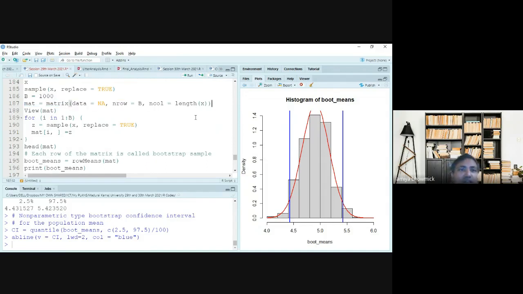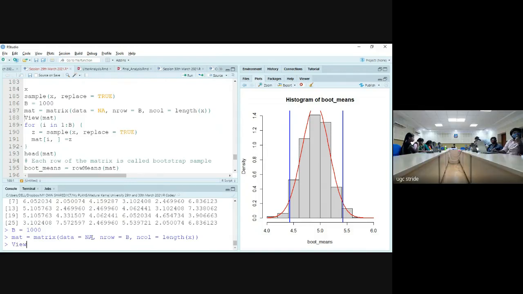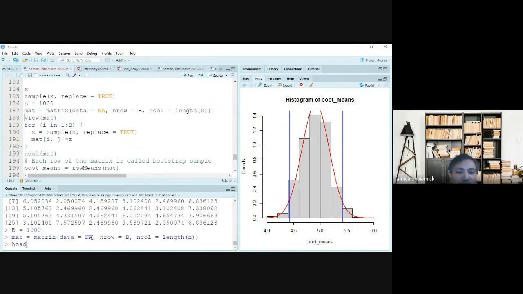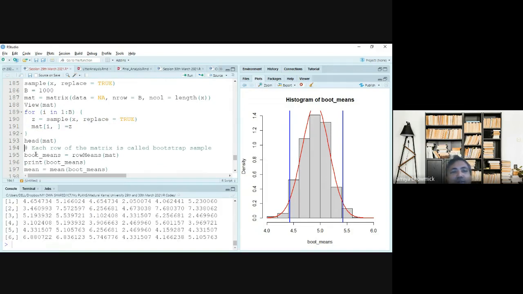This is what I have done deliberately, because if I run this, say sample X, be this, and this is my matrix, and I view the head of this matrix, it is going to show me NA only, right? Because till now the matrix is not filled up. Here I am going to fill up this matrix with the artificially simulated samples from the same data. Got it? So after I execute this line, now you see the head of mat. The values have come.